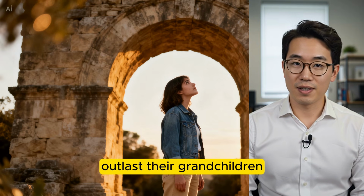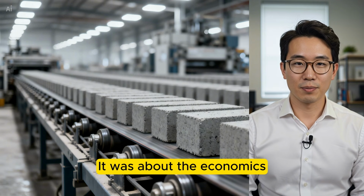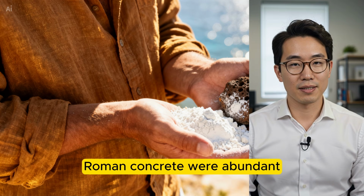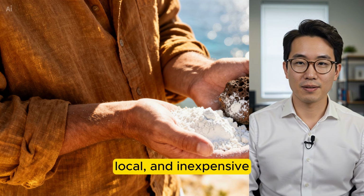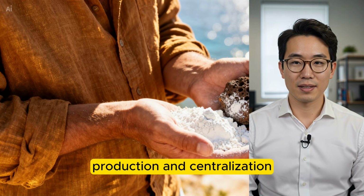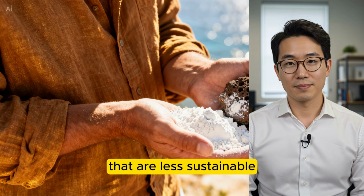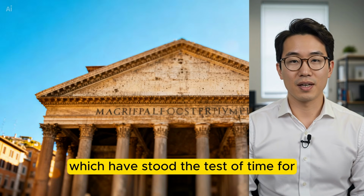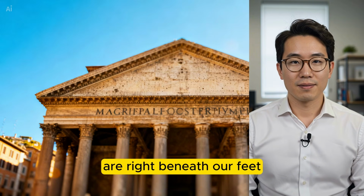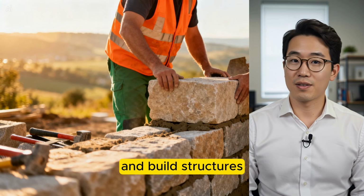their grandchildren. The shift in material use wasn't just about better engineering or durability. It was about the economics of the supply chain. The materials that made up Roman concrete were abundant, local, and inexpensive. As long as we continue to prioritize economic optimization through mass production and centralization, we will continue to choose materials that are less sustainable. But the materials the Romans used, which have stood the test of time for over 2,000 years, are right beneath our feet. With some time, effort, and the right knowledge, we can rebuild with them and build structures that will last for